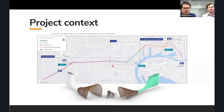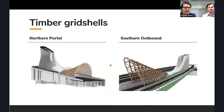And you probably can't see, but at the entrances and exits, which are marked with a black line there, are these portals. And we're going to be talking about these portals that are present at the entrances and exits of the tunnel. They were designed by Woodmarsh architects. The portals feature the architectural timber transition leading into the tunnel and out of the tunnel. And in 2 of the portals, the 2 that we see there, which are the largest ones, the northern portal and the southern outbound portal,